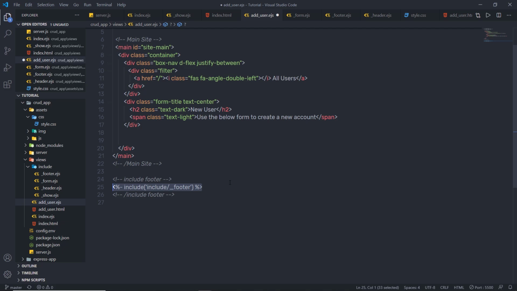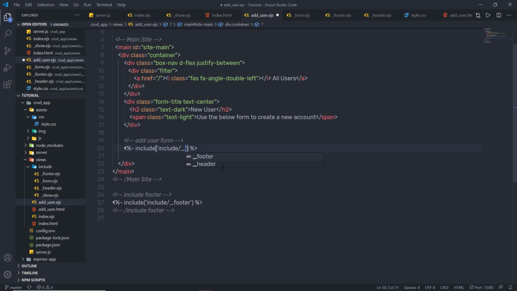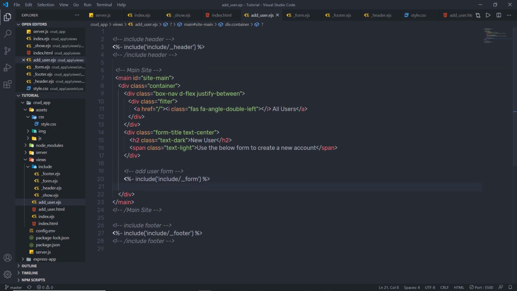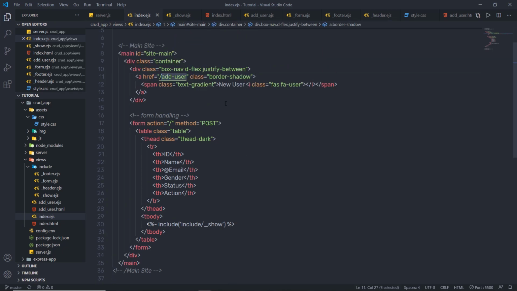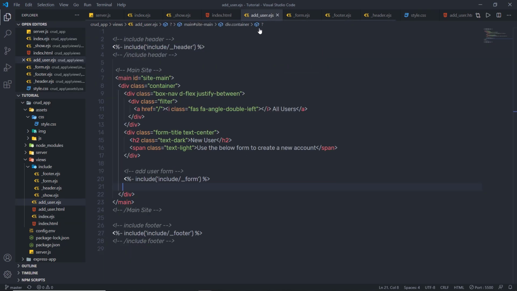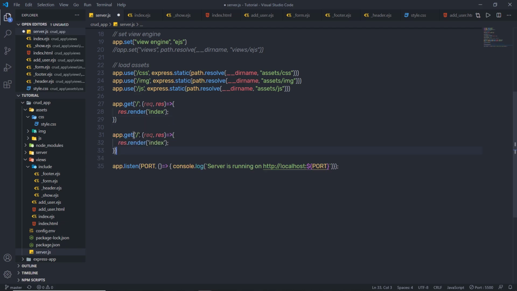Back to the add_user. I'm going to copy this EJS syntax. And here I'm going to add that EJS syntax. So here I'm going to first add an HTML comment and say add user form. I'm going to paste the EJS syntax and call the form.ejs file. Save the changes. Back to the index.ejs. So what I'm going to do is I'm going to create a new route and render this add_user file. So I'm going to go back to my server.js, copy this get request, paste it down here, and